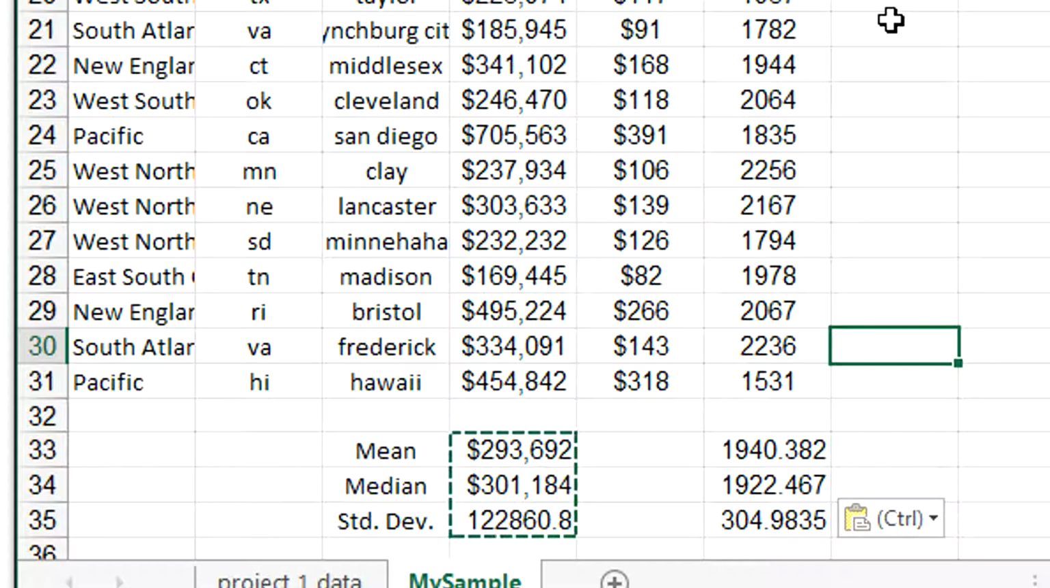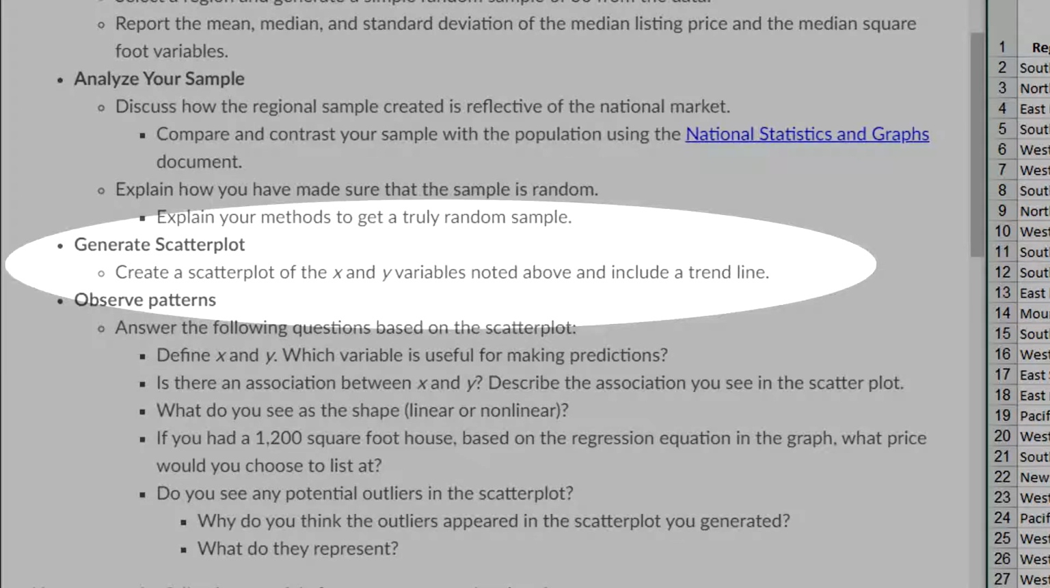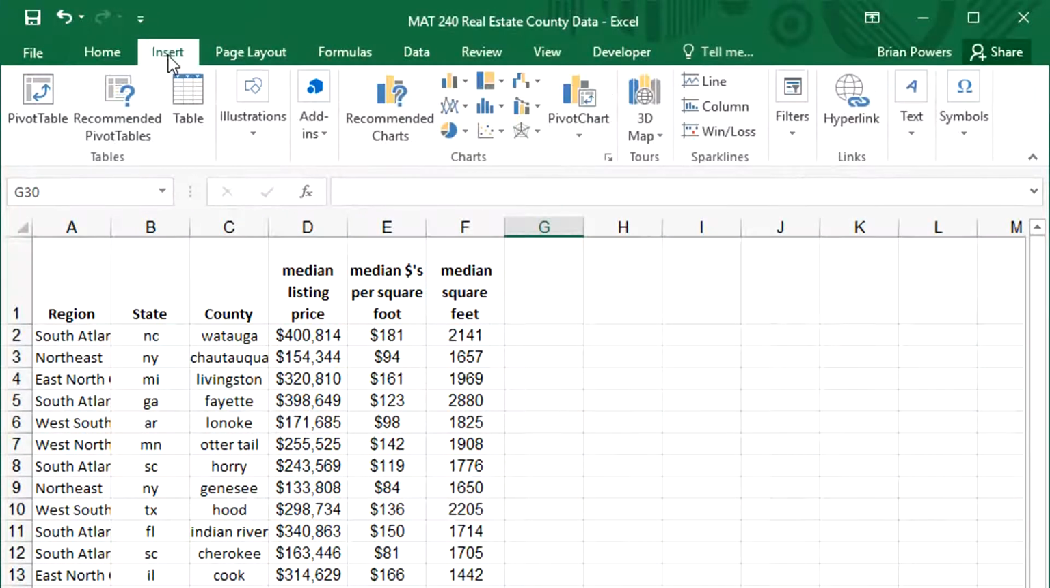So that's great. We want to take a look at the next piece, which is to create a scatter plot. And the scatter plot is done in Excel under the Insert tab. There is a bunch of different charts. What I'm going to do is, let's see,